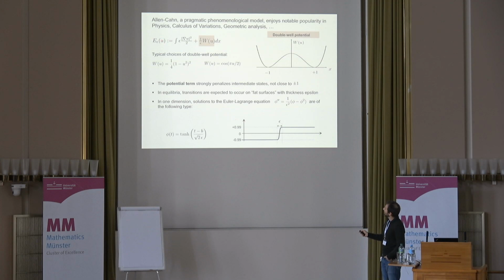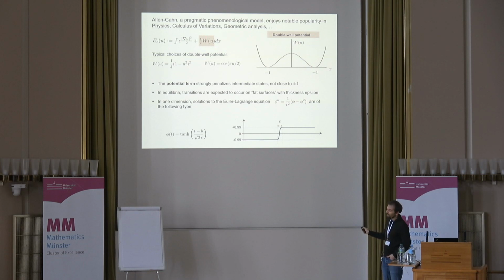You consider an energy that is the sum of two pieces. The first piece is just the Dirichlet energy, the same as for harmonic functions, grad u squared, but you put epsilon in front, so you are not penalizing gradients too much. You're counting the gradients, but with small penalization, because the epsilon is multiplying. And instead you have a second piece here, 1 over epsilon times W of u, and this W is a double well potential with wells at -1 and 1.